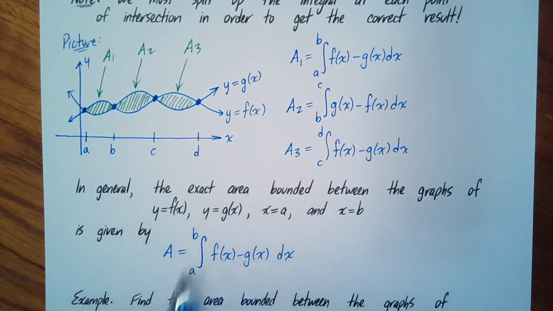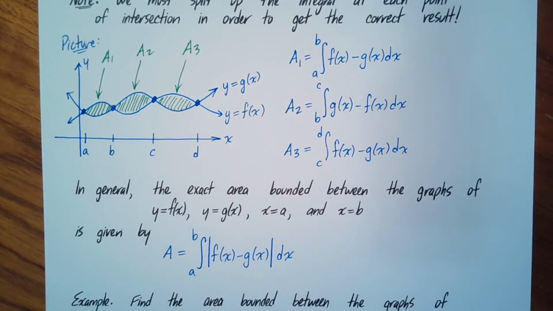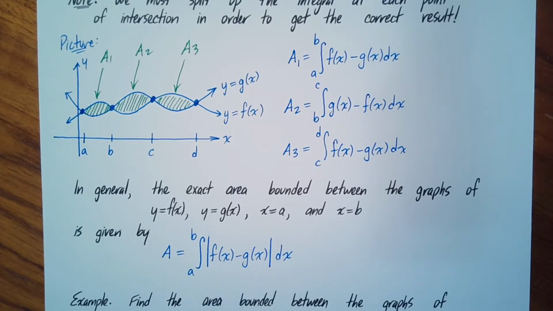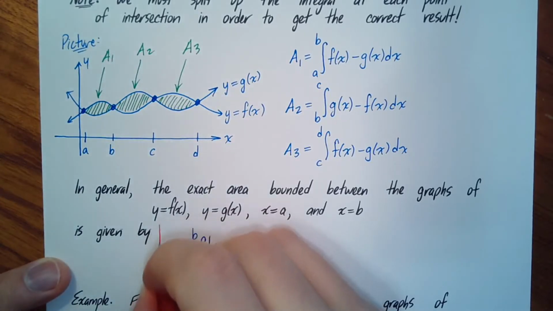Without having to write this out 10 times, just put absolute value signs around the integrand, and that will take care of it. For any values where g is actually the upper function, the inside of the absolute value will be negative, and then the absolute value will just destroy that negative sign, and it'll fix it for you. And for the places where f of x is indeed the top function, then the stuff inside here will be positive, and the absolute value signs will have no effect, so they won't cause any harm. So that's how you can write down the area in general without having to pay too much attention to